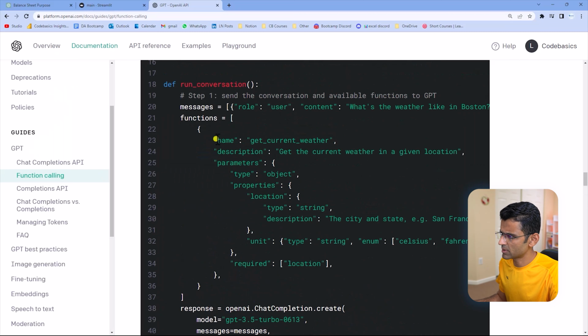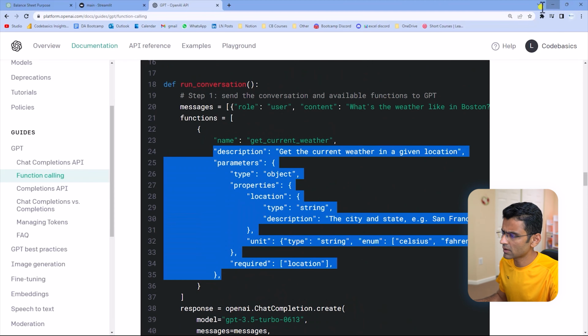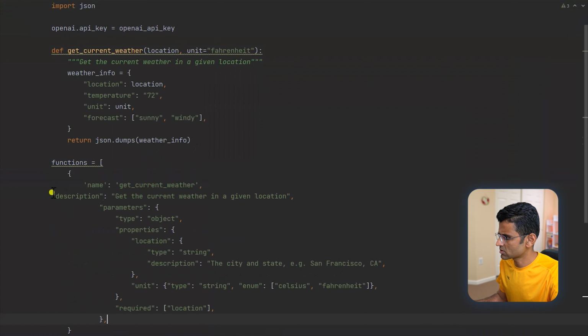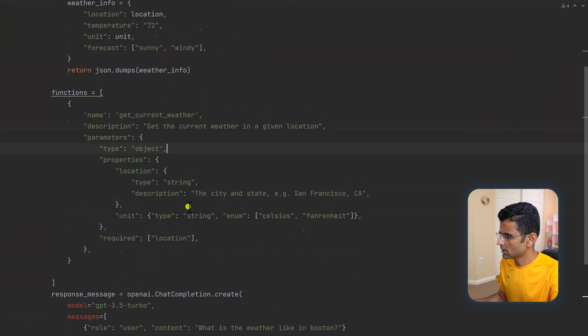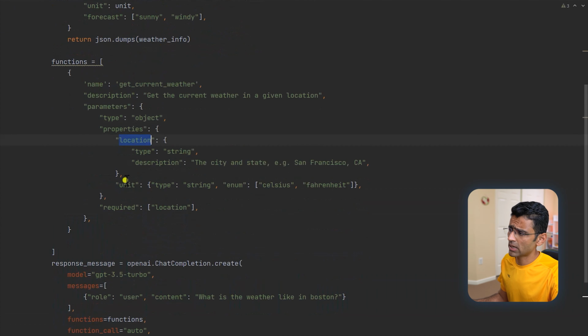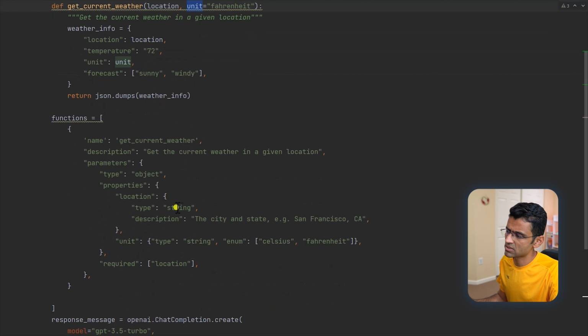So once again, I'll copy. Name is get_current_weather, and I have a few other things which I can just copy here. You can see two parameters, location and unit, which is what you have here. Location type is string, unit type is string, but enum, it can take only these two values.